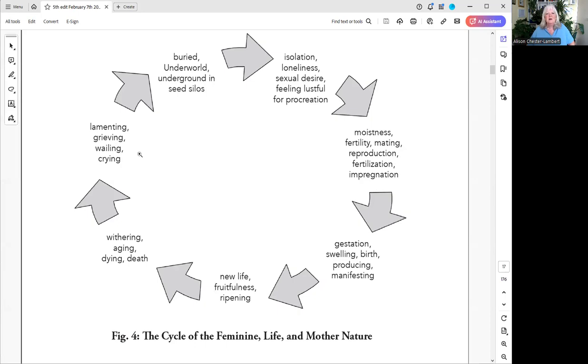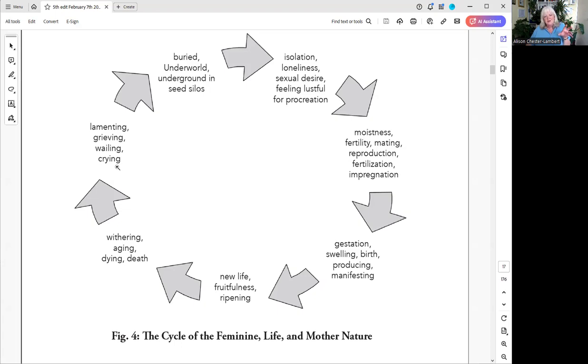Let's start over here. It says lamenting, grieving, wailing and crying. Now, this is what happens after something has died. It can be the aging process and the death of a human, or it can be when the crops wither and die in the fields. If we're looking at a human soul dying and passing through, or the human body dying and passing through and the soul separating,